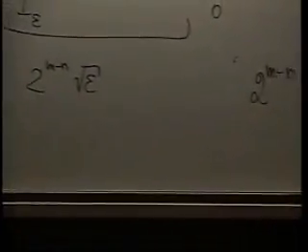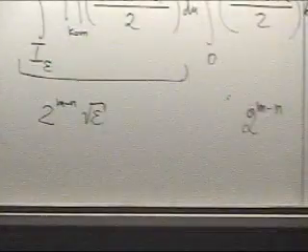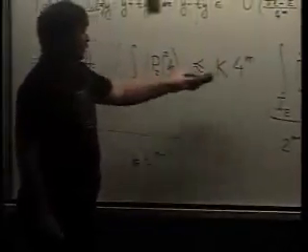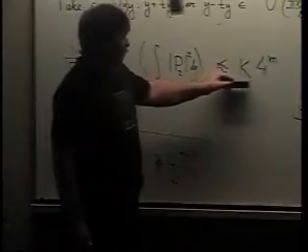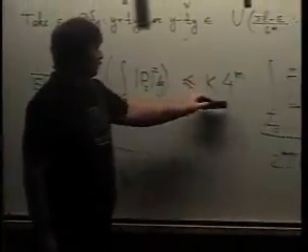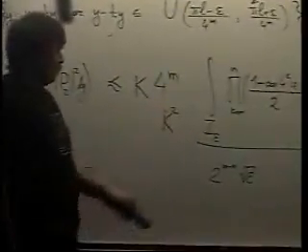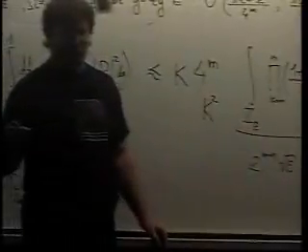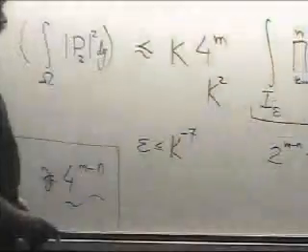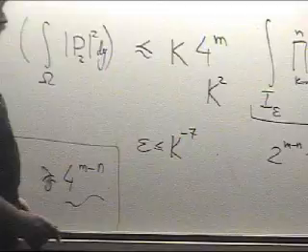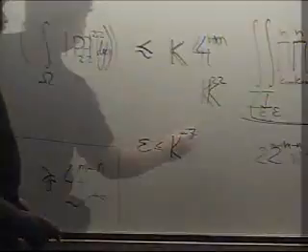And also I have 1 over E, and I assume that E is big, of measure at least 1 over k. So 1 over E gives me at most k. So what happens on average over E? What happens on average over E is that you get k times 4 to the power m, which is k squared, times 4 to the power m minus n, which is something you compare it to, times square root of epsilon. So if epsilon is like k to the power minus 7,